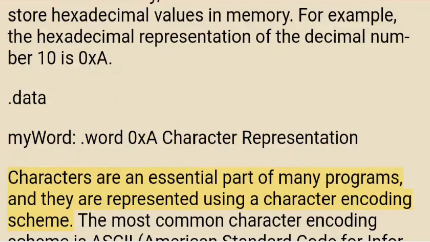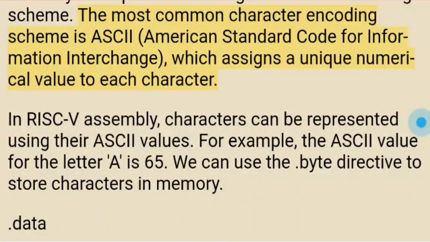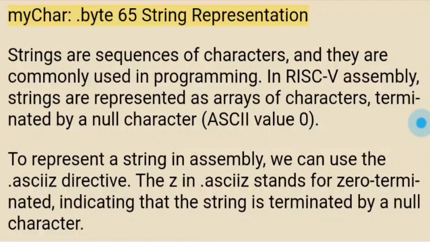Character representation. Characters are an essential part of many programs, and they are represented using a character encoding scheme. The most common character encoding scheme is ASCII, American Standard Code for Information Interchange, which assigns a unique numerical value to each character. In RISC-V Assembly, characters can be represented using their ASCII values. For example, the ASCII value for the letter A is 65. We can use the .byte directive to store characters in memory. .data myChar: .byte 65